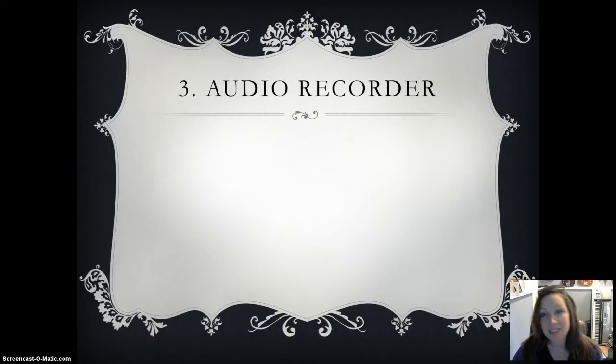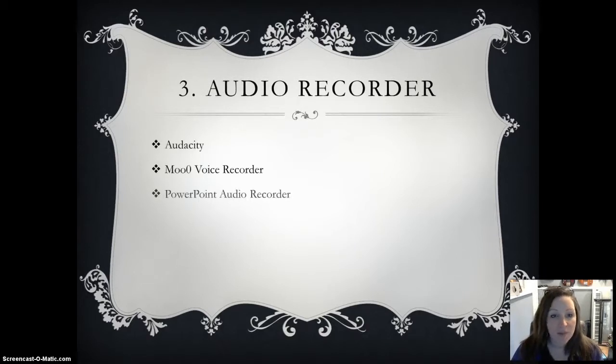The next thing you might need is an audio recorder. There's 3 different suggestions I have. It's Audacity, Voice Recorder, or just the PowerPoint audio recorder if you're using a narrated PowerPoint. Most screen recorders have audio recording in them too, so this is only if you need a separate audio file